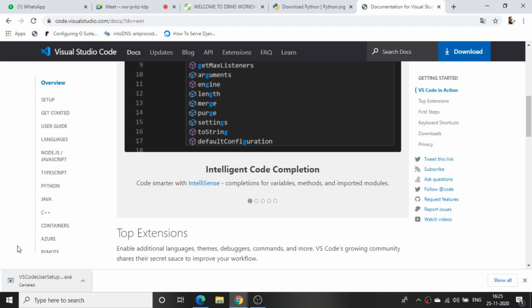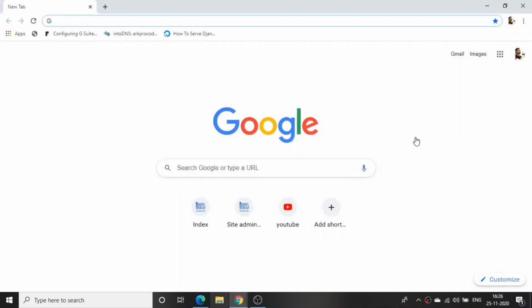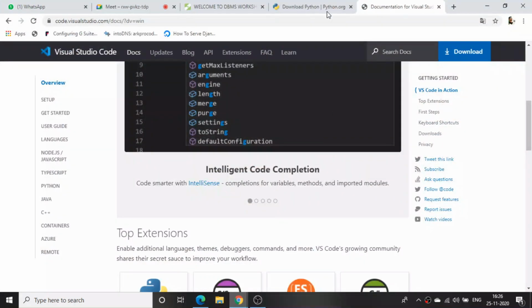It is 60 MB. After that, just do a normal installation over here. Okay, there is no rocket science in that, just a normal installation. Just open that, click OK, click next, and install it. Okay, that is it. Then once you have installed it, I'll just come here. Once I have downloaded and installed this Visual Studio Code,